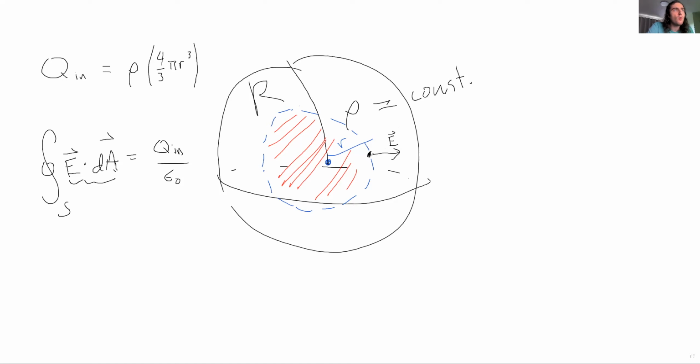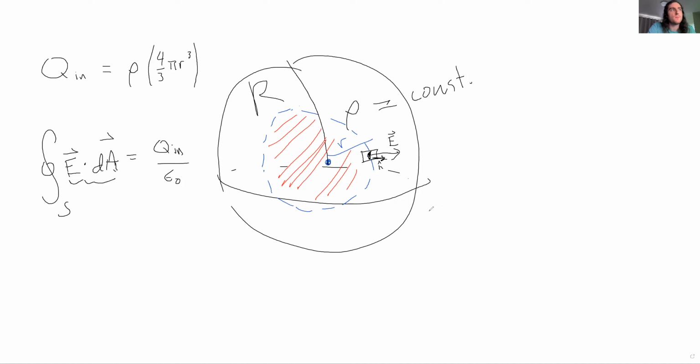We know that the normal vector for any sphere is radially outward. Why is it radially outward? Because we established a convention that for a closed surface, the normal vector always points from the inside to the outside, and that defines the normal vector uniquely. In this case, n hat for a sphere is just the same direction as r hat, okay? So when we do this dot product here,